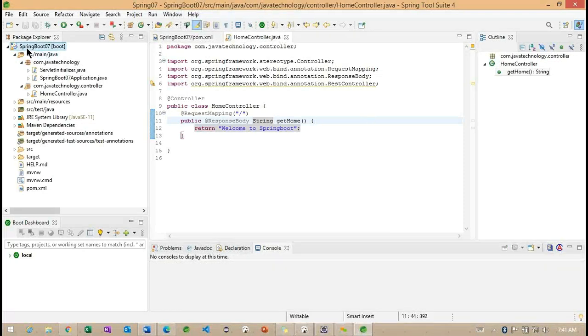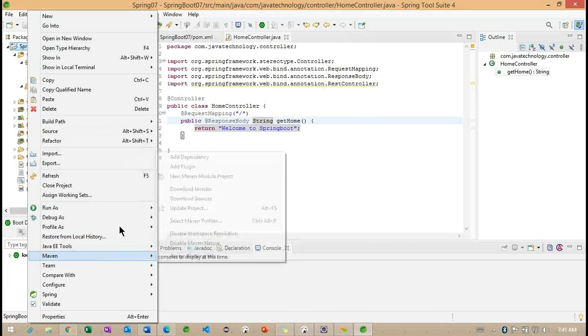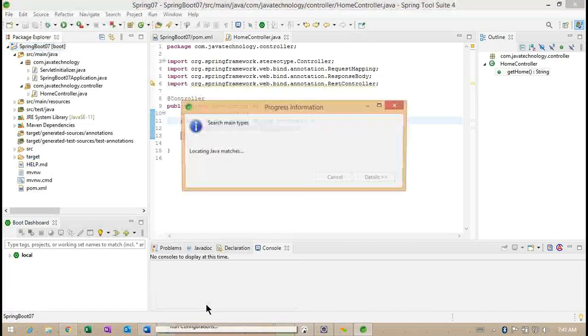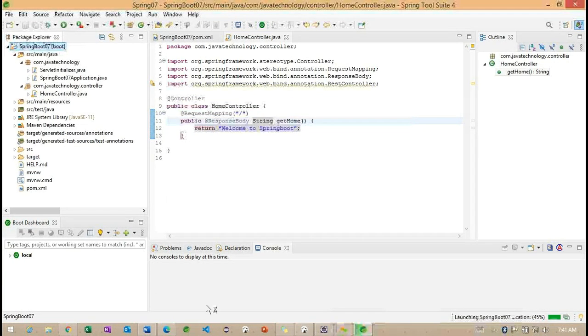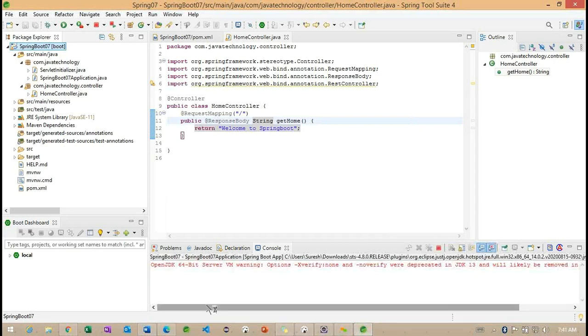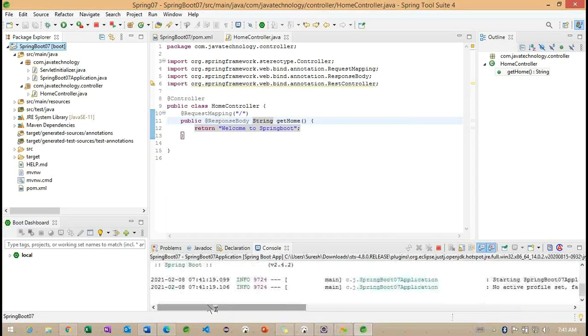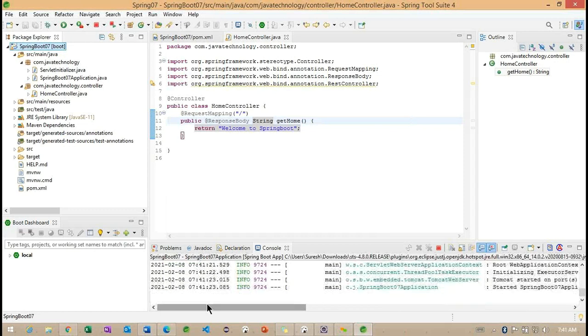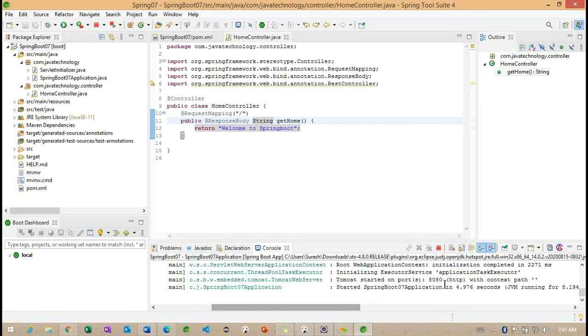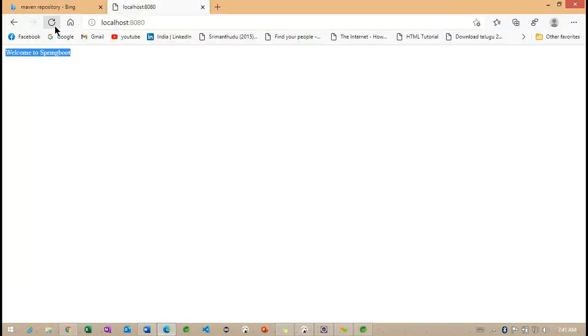So observe the same example here. Using the controller, again I'm trying to run it. Okay, the application is started. Now we'll run the same example. Observe here, if I refresh any number of times, we are getting welcome to Spring Boot.